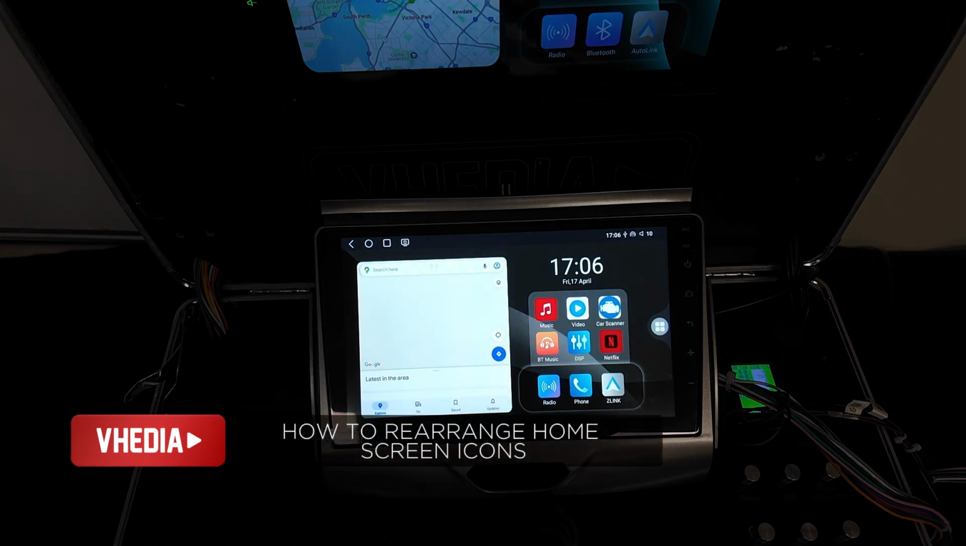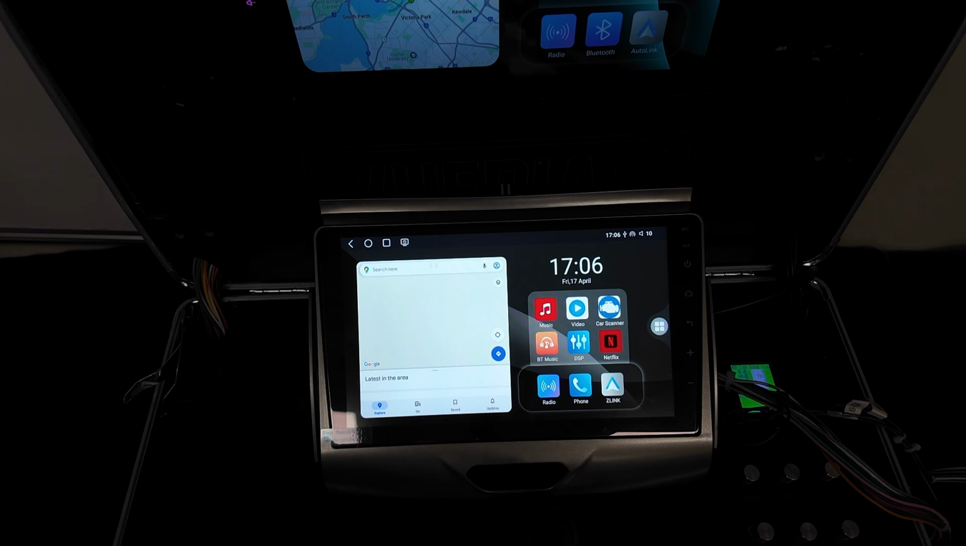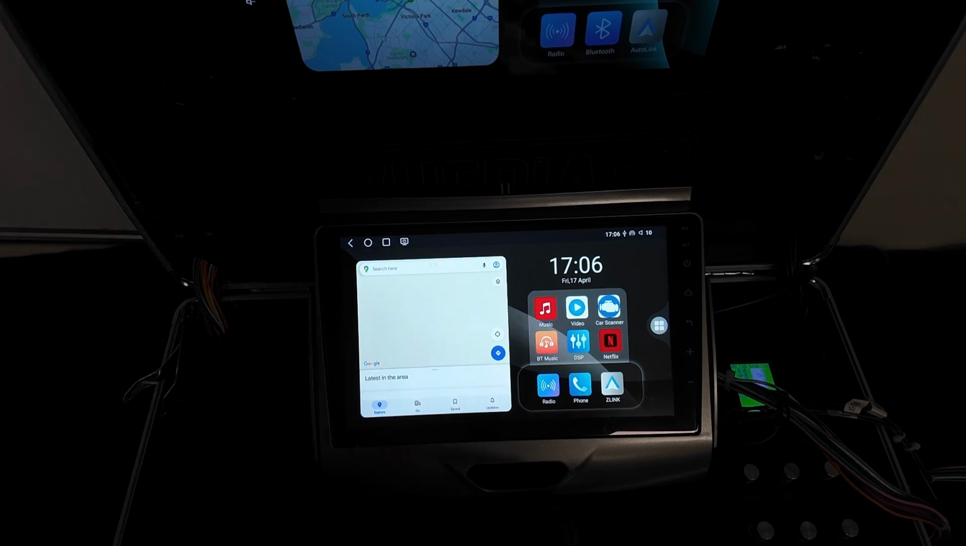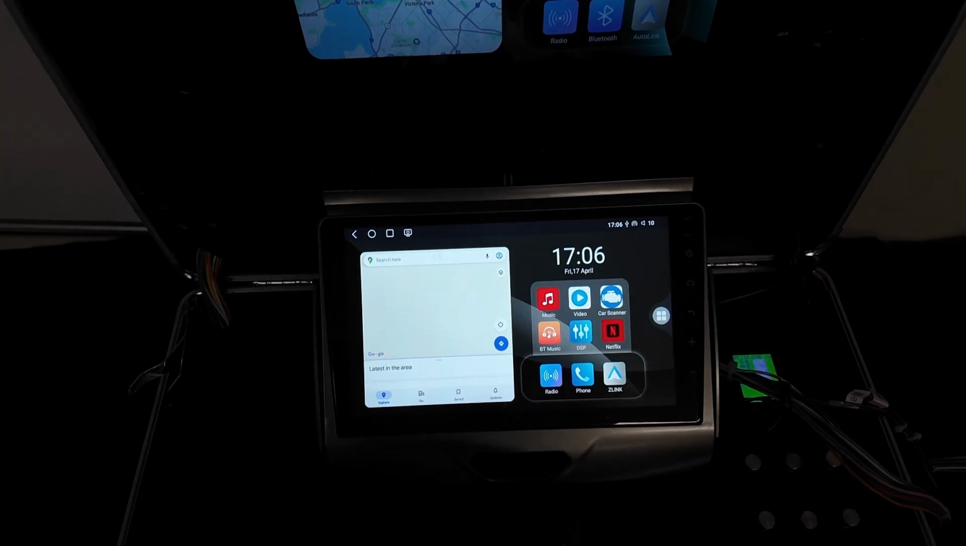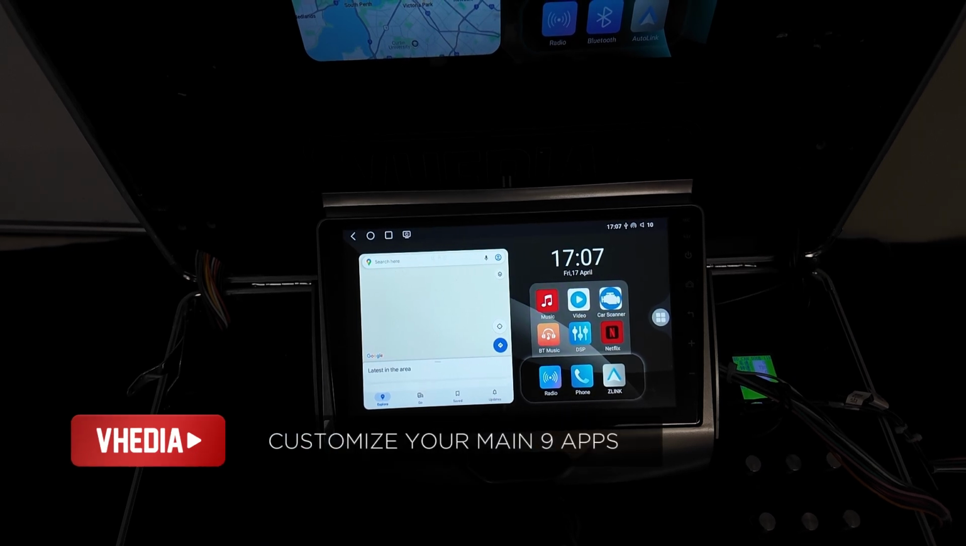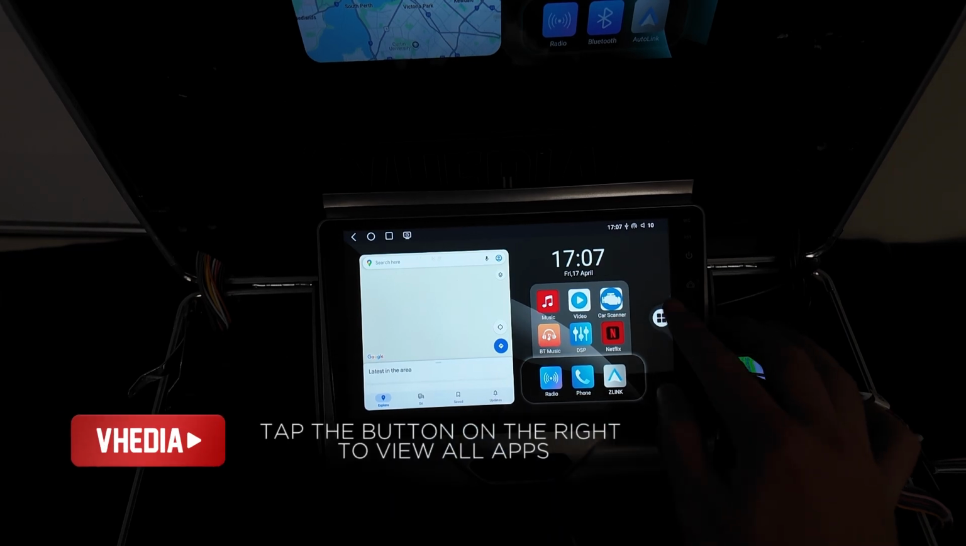How you going, guys? Got a really quick video today on how you can just change your home screen icons or rearrange them so that you've got the ones that you want as your main 9 here. So this is just going to be the 9 apps that you use the most, basically, is what you're going to want there. So if I go into the app library with this button on the right,